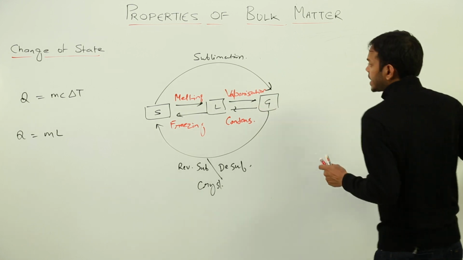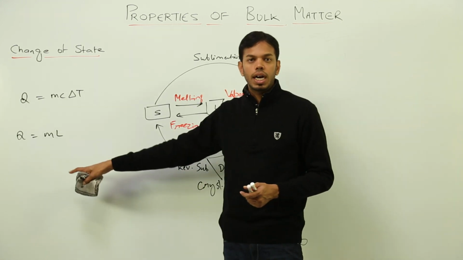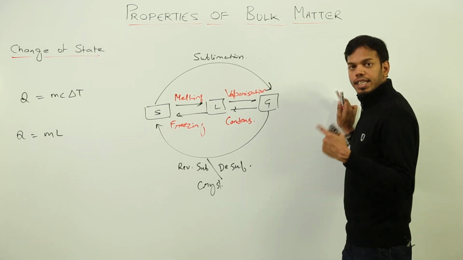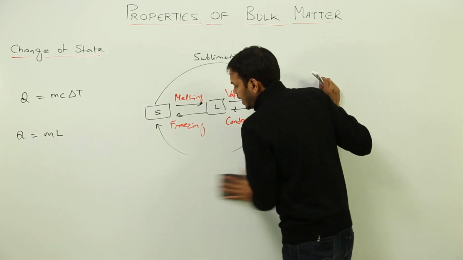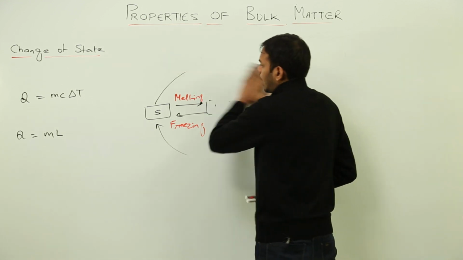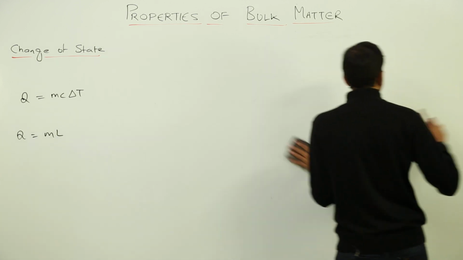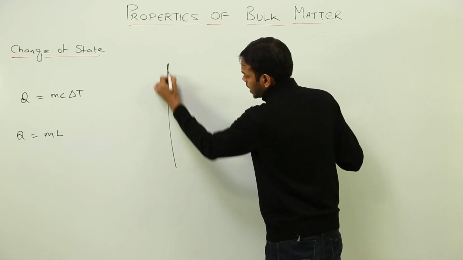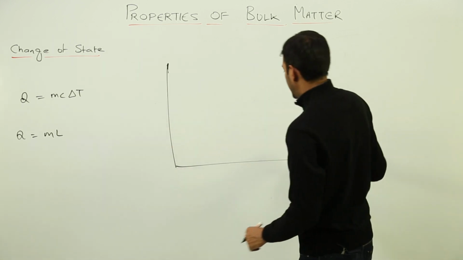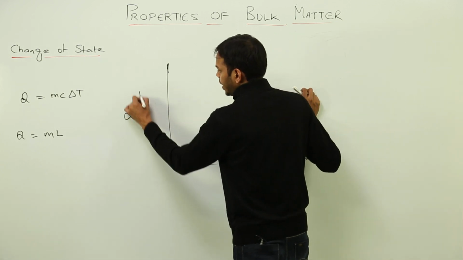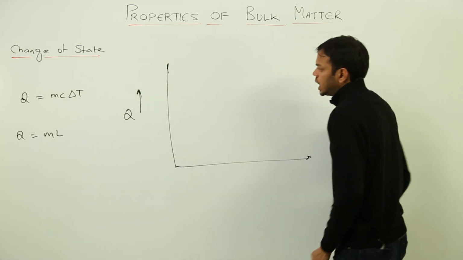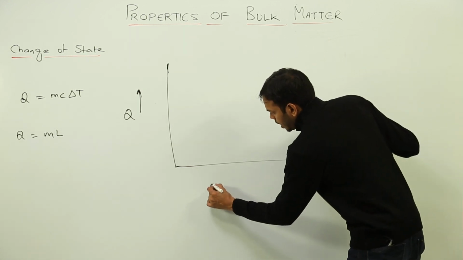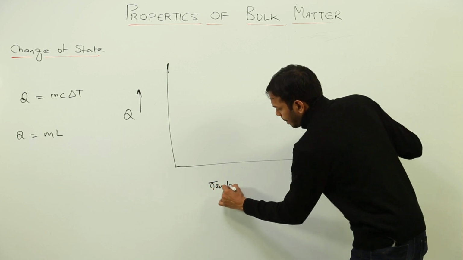Okay, now I'll represent this whole diagram again using the formula, and I would like to represent it in the form of a graph. So let's take an example of ice only, and we'll see what formula is used and how we have to do the calculation. Suppose this represents the amount of heat given to the body, and this is the change in temperature. Okay,